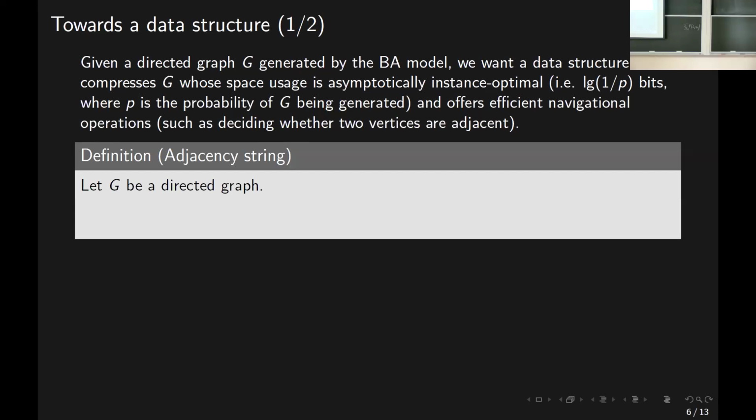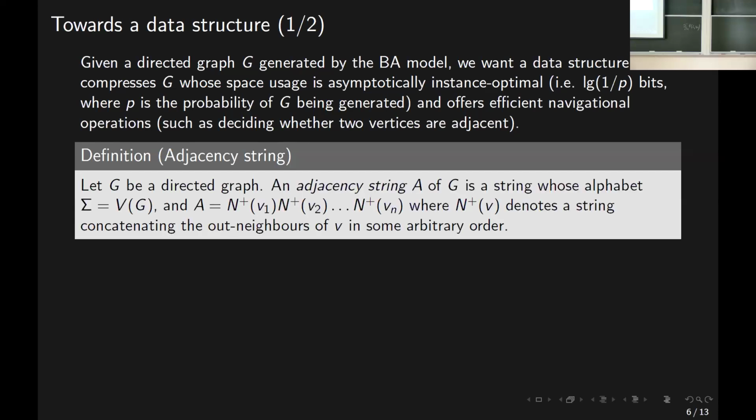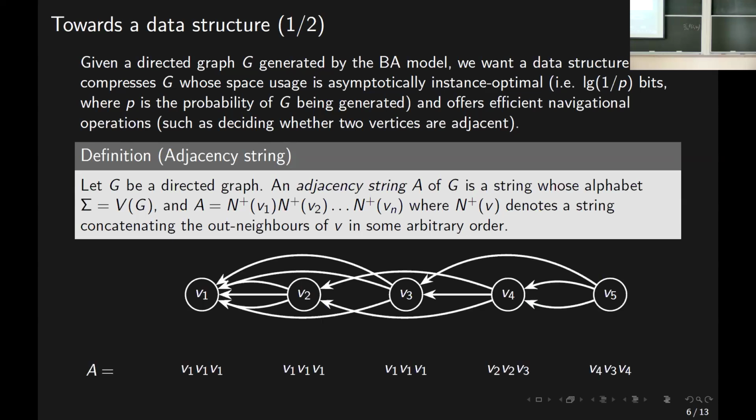So if we are given a directed graph G, an adjacency string A of G is simply a string over the alphabet of the vertex set of G, resulting from the concatenation of all the neighborhoods of the vertices of G, right? And each neighborhood can be constructed in some arbitrary order. So quickly, for this graph, for example, it's a little bit boring, but